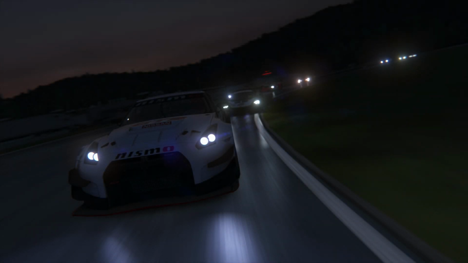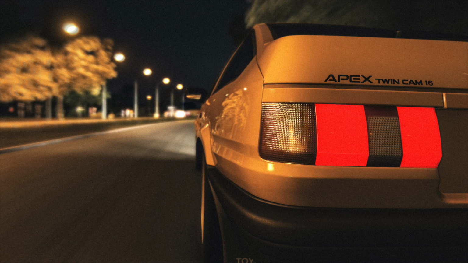As Assetto Corsa has become a much nicer looking game, a lot more people have been taking photographs with it, including myself, and I've seen some people on Reddit wonder, how do you do all this stuff? How does this motion blur work? And stuff like that, because there really aren't many tutorials on YouTube on how to enable all this nice looking